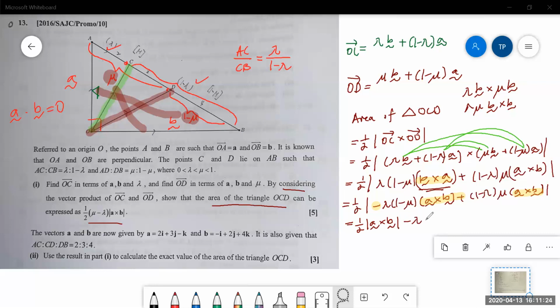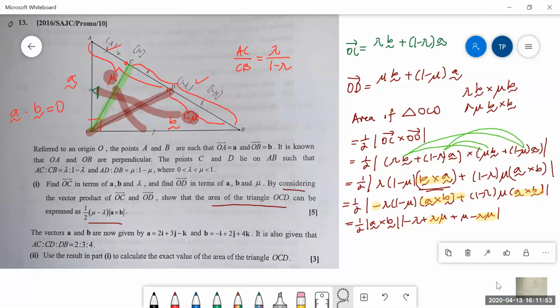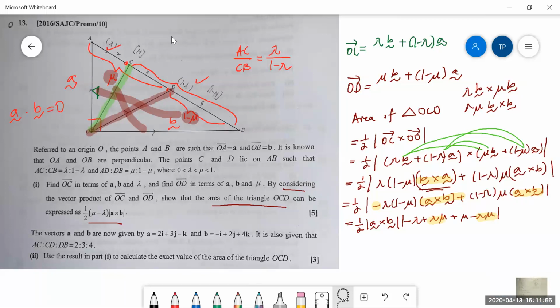I will have minus lambda plus lambda mu plus mu minus lambda mu mod mod. So this term and this term will be cancelled out. Make sense? Yes. So I'm going to get